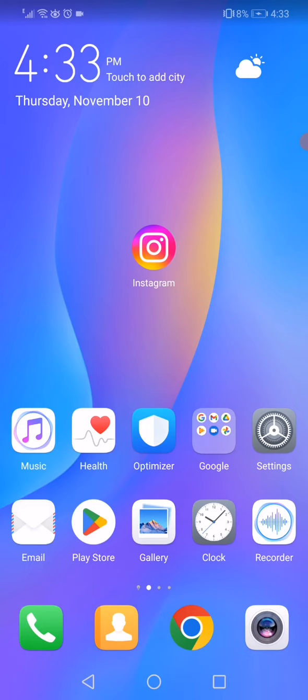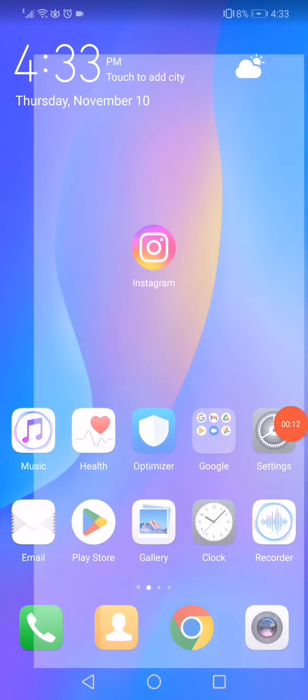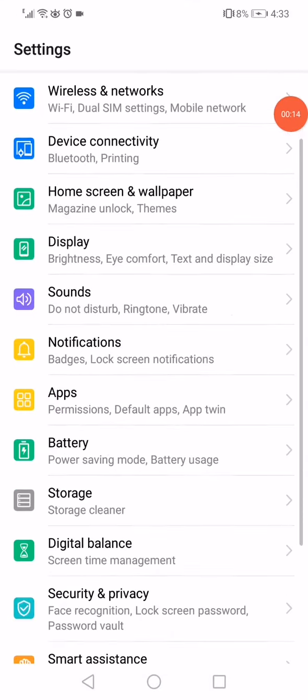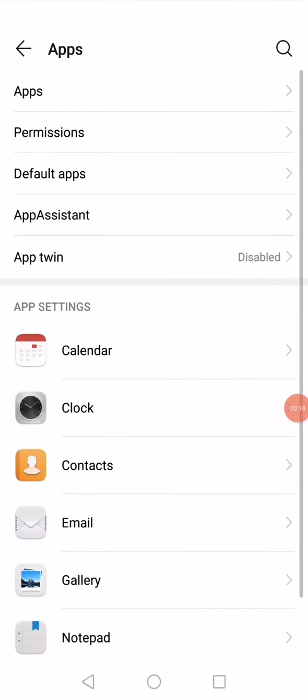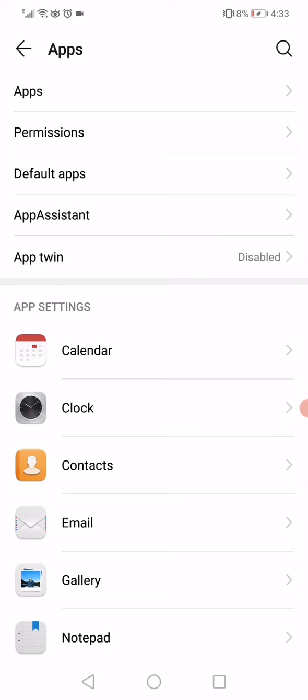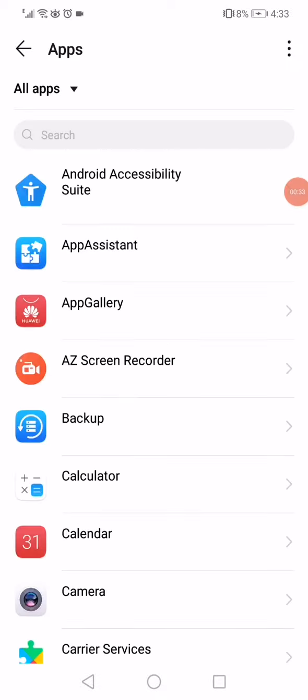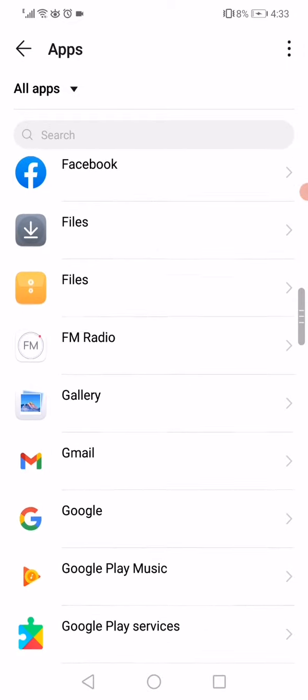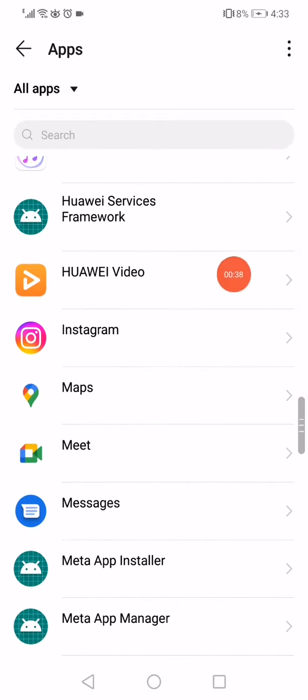Hello guys, so all what you have to do to fix this problem is open the settings on your phone like this, and then scroll down and go to the apps, and then all what you have to do is simple. Just wait a few seconds right here, and then go to the apps, and now it will start loading this page. So all what you have to do is wait a few seconds, scroll down until you find the Instagram app,